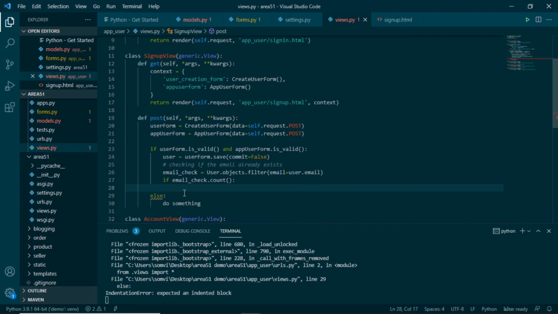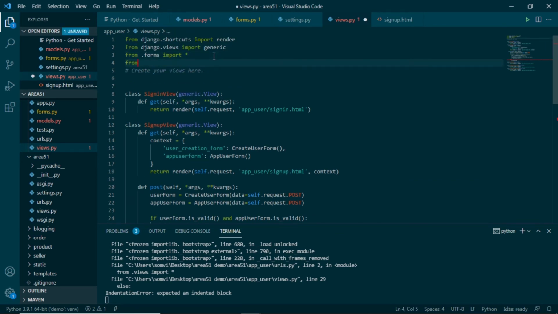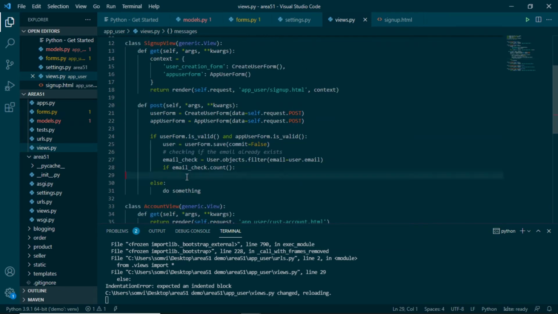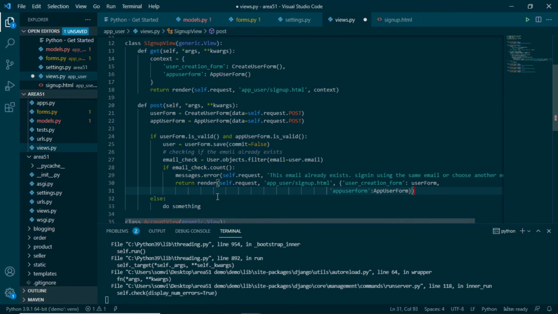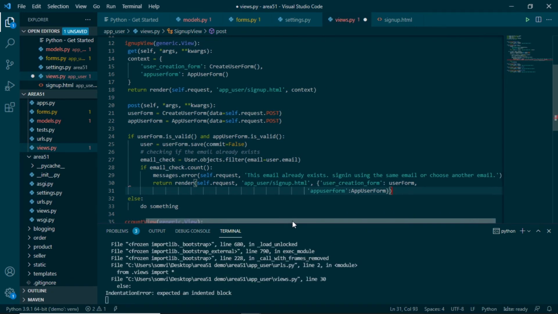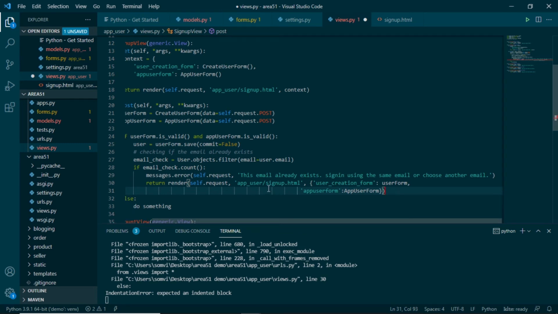To send messages like this, Django provides a cool module that is messages. So we will import messages from django.contrib import messages, and we will use this messages library to send an error message to our user, and we will do that using this line of code. So we are sending an error message which will say this email is already there, you can sign in with this or you can choose another email, and we are rendering the same sign up HTML.